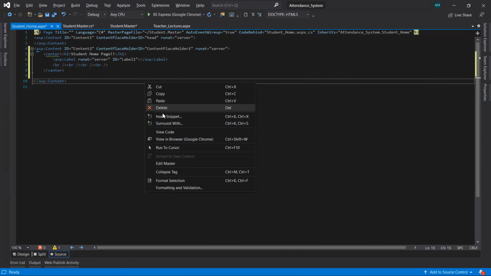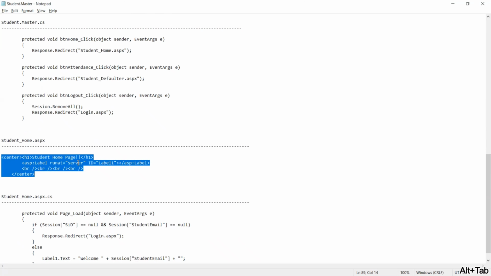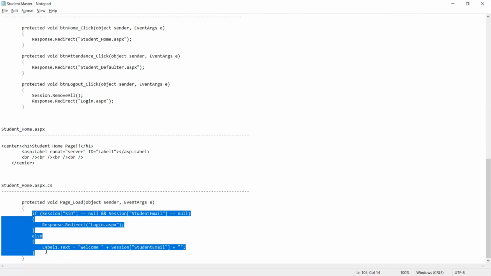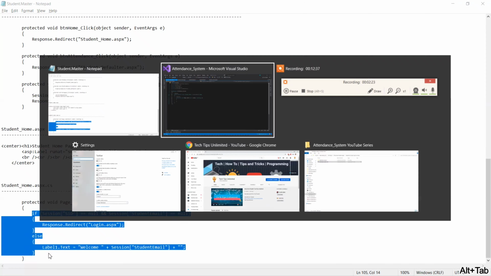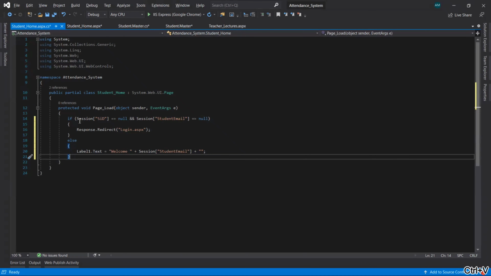So go to the view code, that is the .cs page of this student home page. Here we have to give the session value, so that when a student logs in, it will display the student name or the student email.